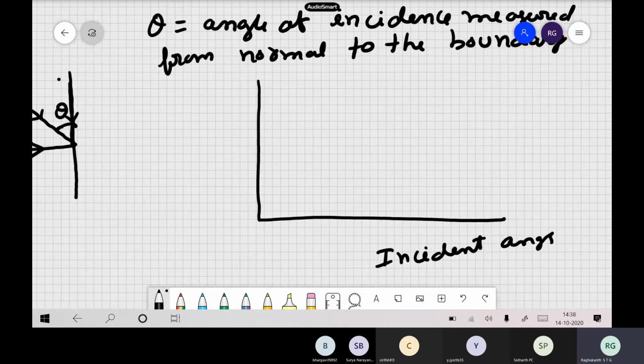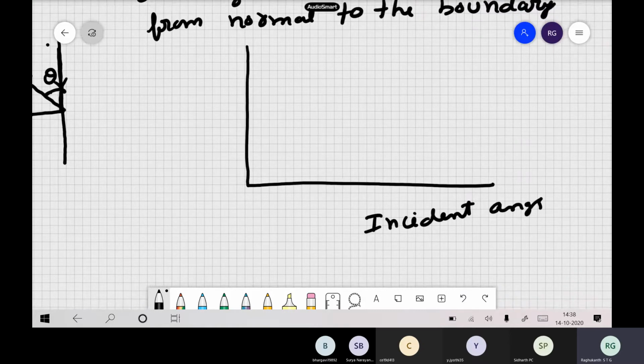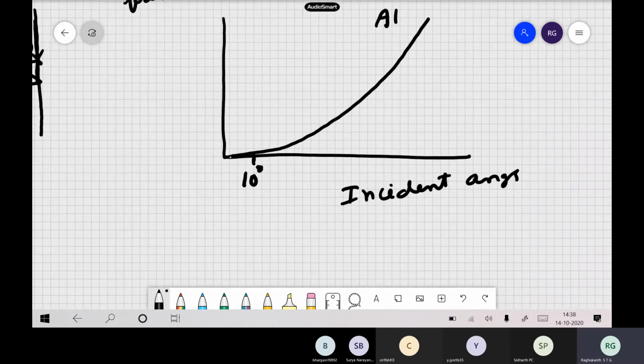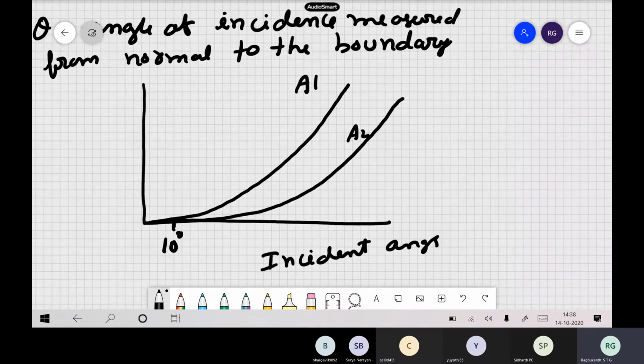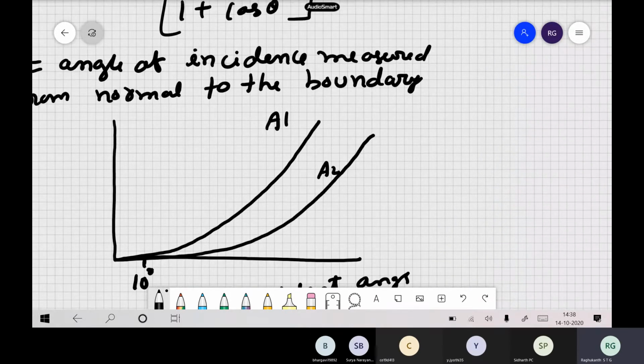So the paraxial approximation says you will have this type of thing. Now if you use this A1 boundary condition, the waves will be something like this. A1 is only the first term in the Taylor series. Let us say this is 10 degrees, so this will be something like this. Now if you use A2 boundary condition, that is 2 terms in the Taylor series, so this becomes A2. And finally, when it goes to 90, all of them will merge.